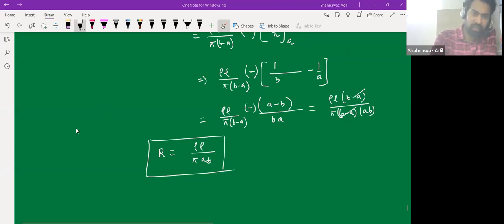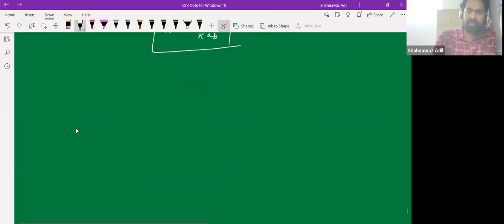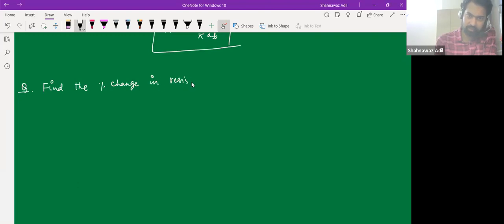So now let us do a last question on resistance, right? This type of typical question you guys are. So find the percentage change in resistance when the length of the wire is stretched,